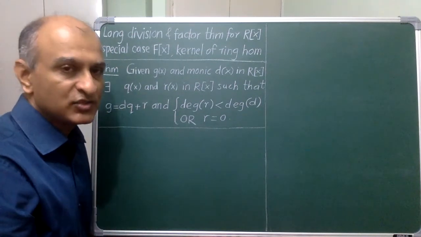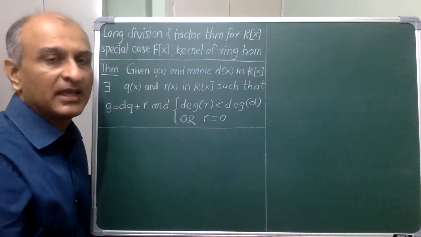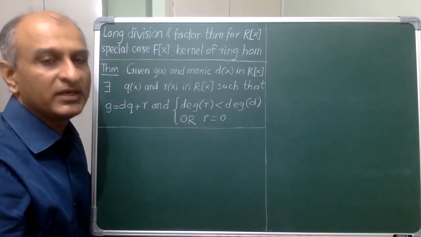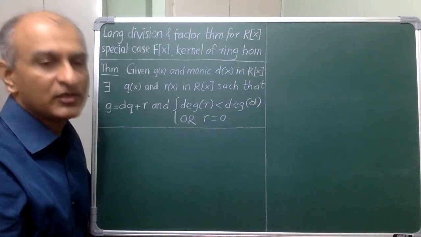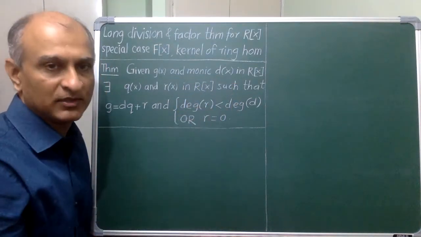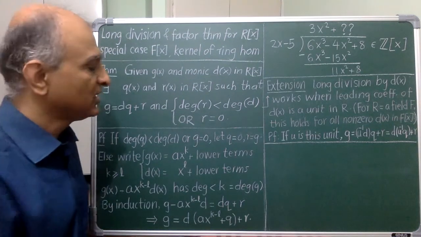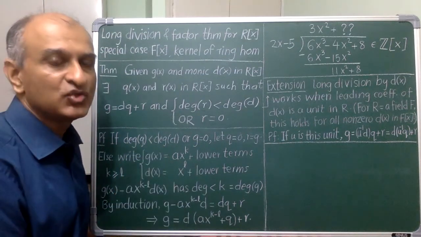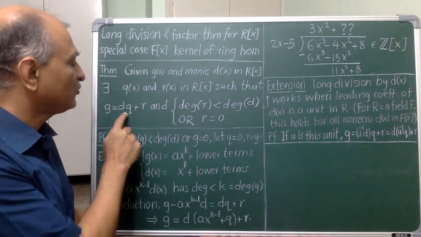So from high school you should remember that existence of q and r can actually be shown by concrete construction. Formally, you can do induction on the degree of g. So please try to do a proof now, and also try to see whether you can relax this requirement that d should be a monic polynomial. Let's start by proving the base case where g is either 0 or has degree less than d. There is no work to do over here because I can take the remainder itself to be g and the quotient to be 0.